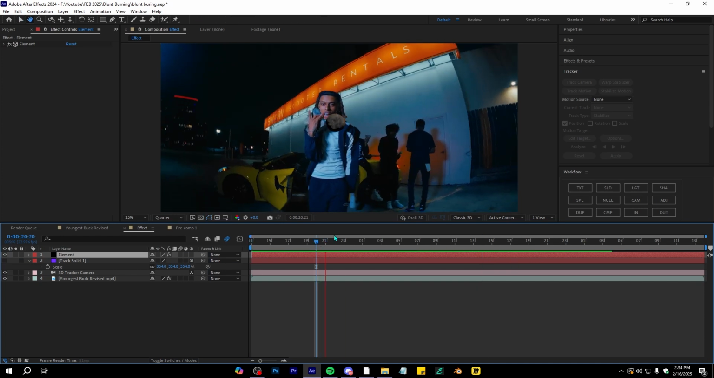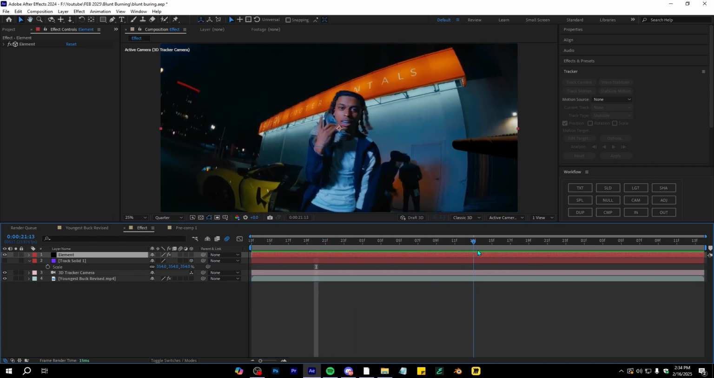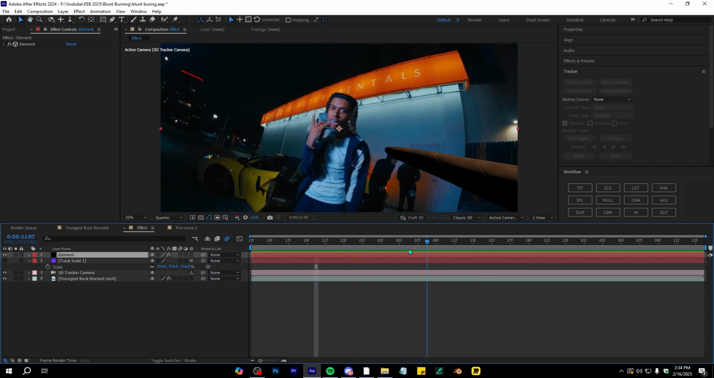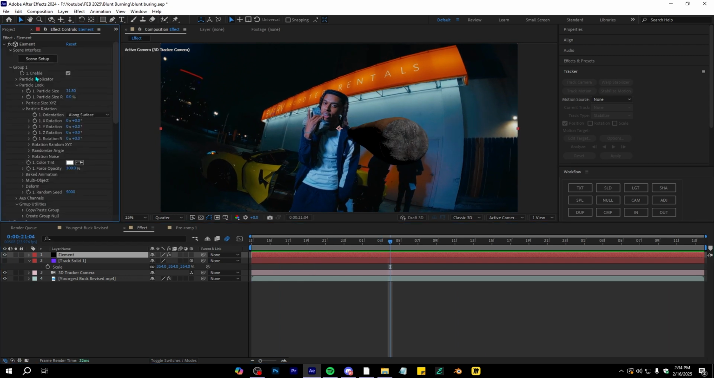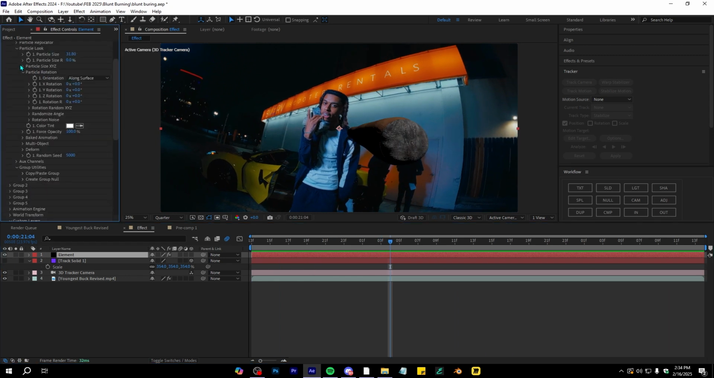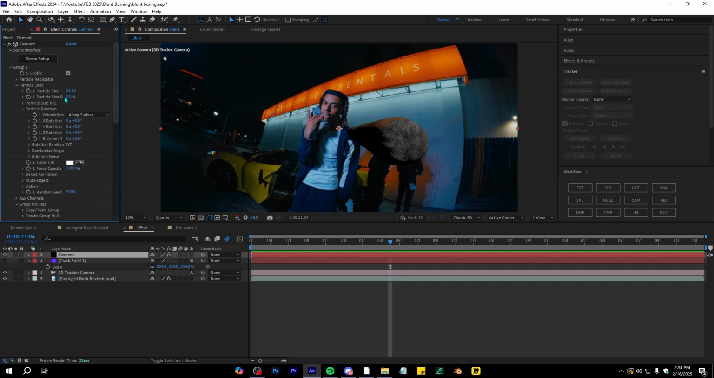Now if you play through, you can see the blunt is already tracked to our footage, which is great, but it is close to the camera and it is moving too fast. So that's the reason why we made the track solid. So if I go over to the group 1 settings and reset the scale, it is pretty